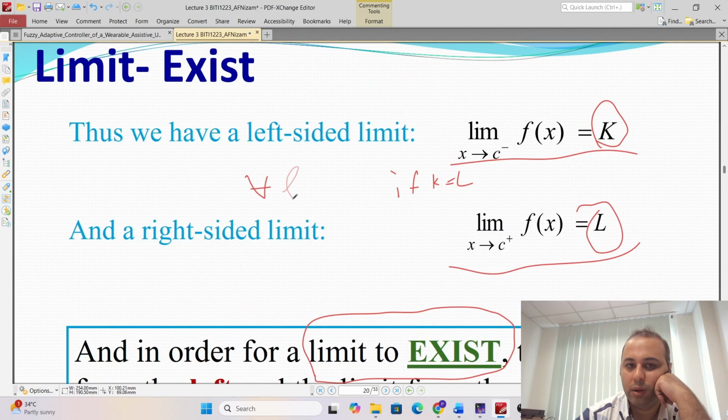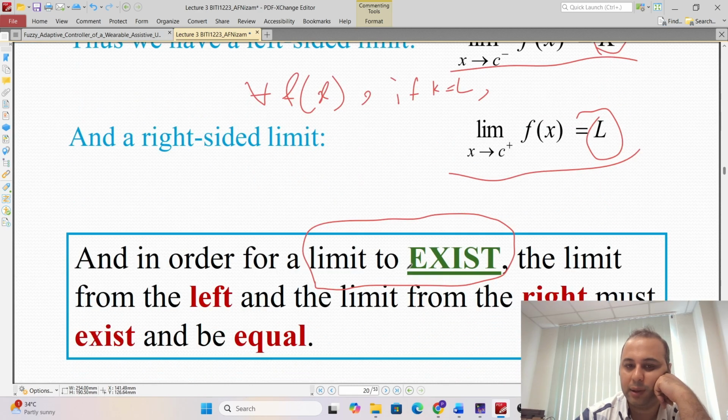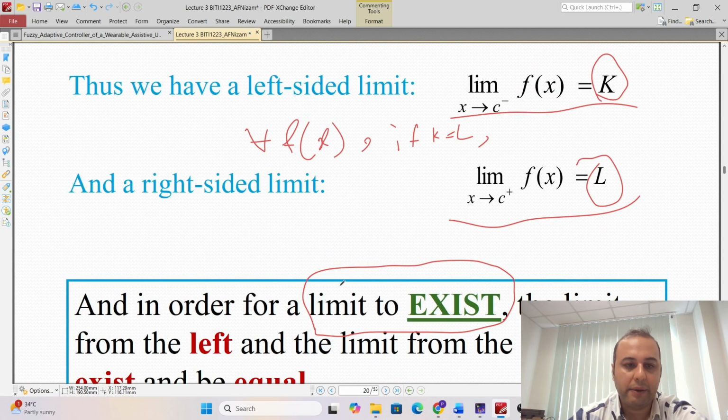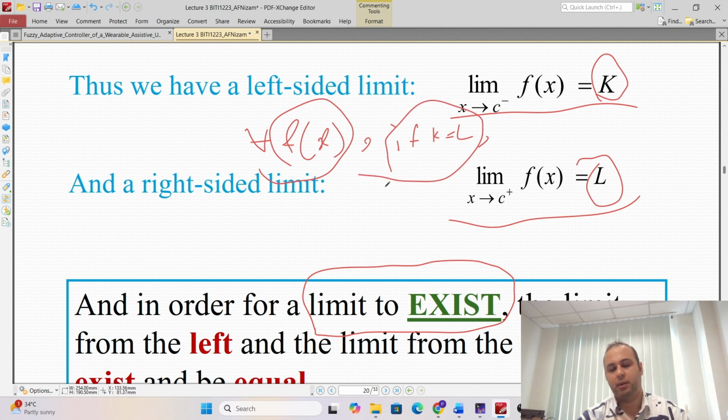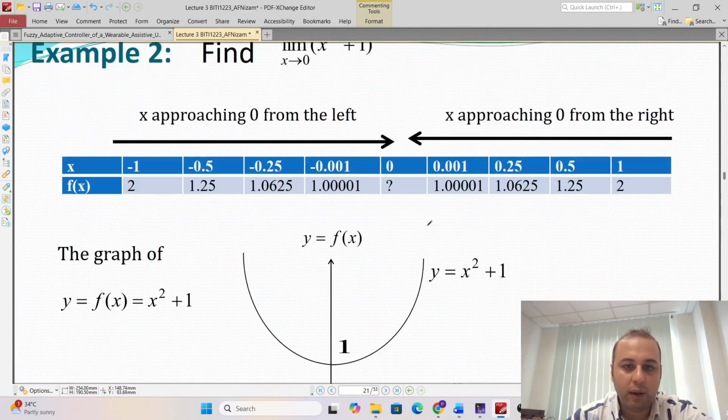For all x, f(x) exists, so the limit exists. We say limits exist in this condition: x exists, and the left-sided limit and right-sided limit are equal, meaning K equals L. In this condition, we can say the limit exists. Okay,